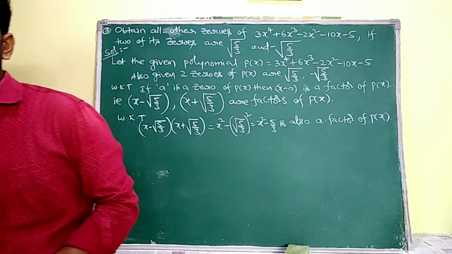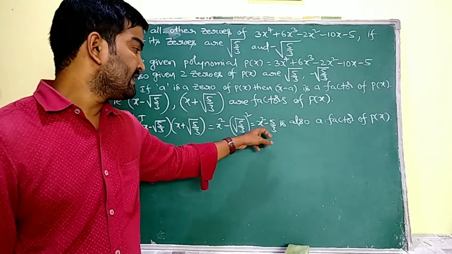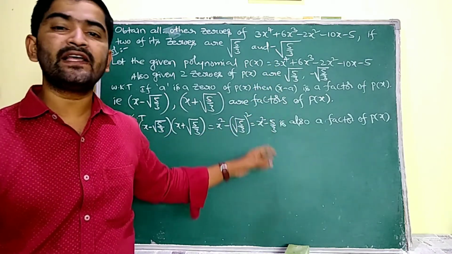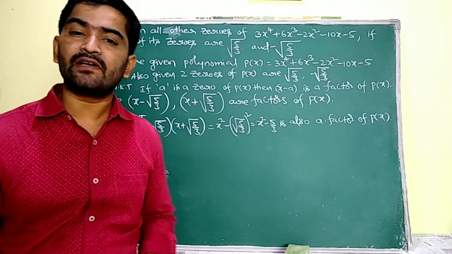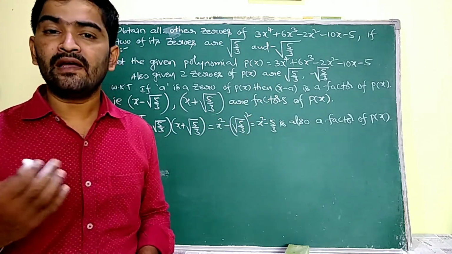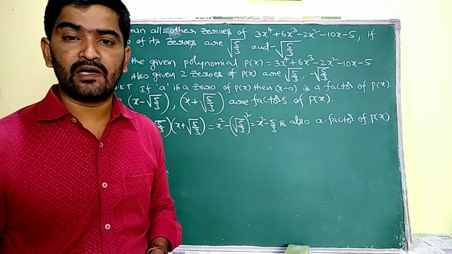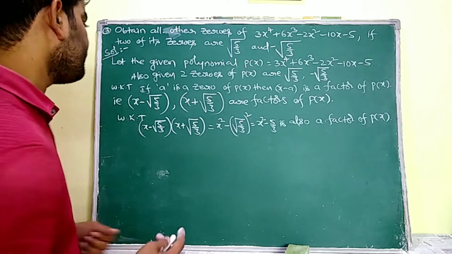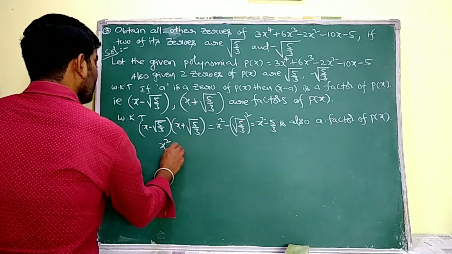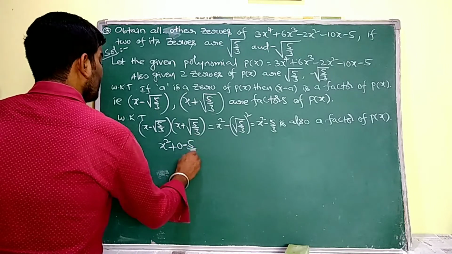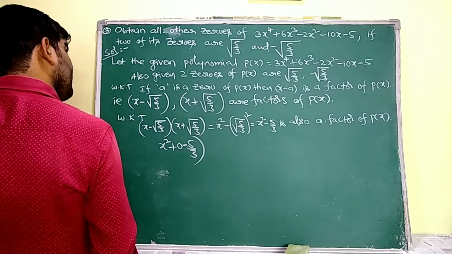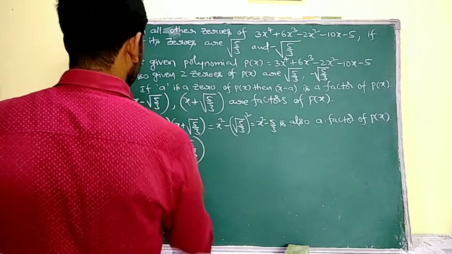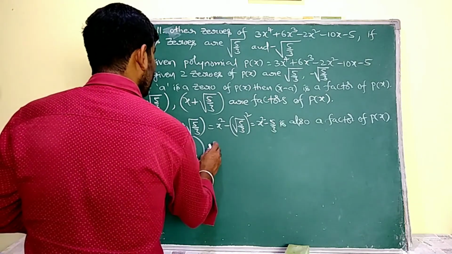So this x square minus 5 by 3 is a factor of this p(x). Now just observe that this is a quadratic, and it is a factor of p(x). By dividing p(x) with this quadratic, I obtain a quadratic in the quotient, and I have to factorize that quotient. Once see, by dividing p(x) with this factor x square minus 5 by 3, here the x term is missing, no? That is why I have to write 0 in the place of that x term.